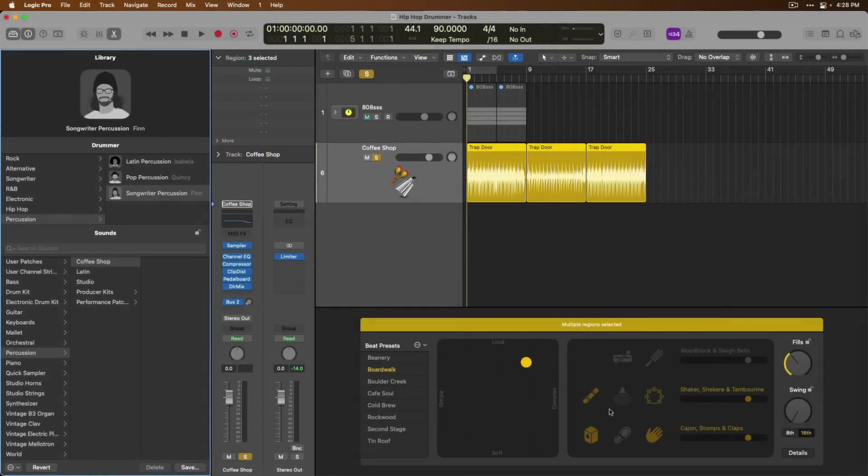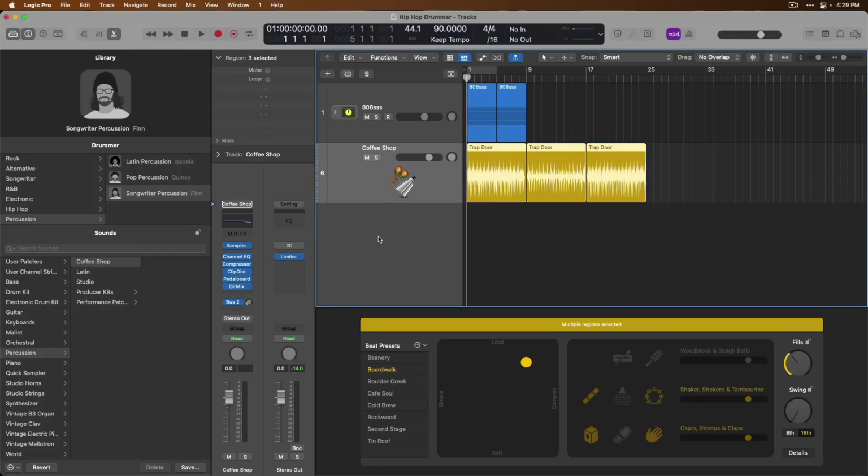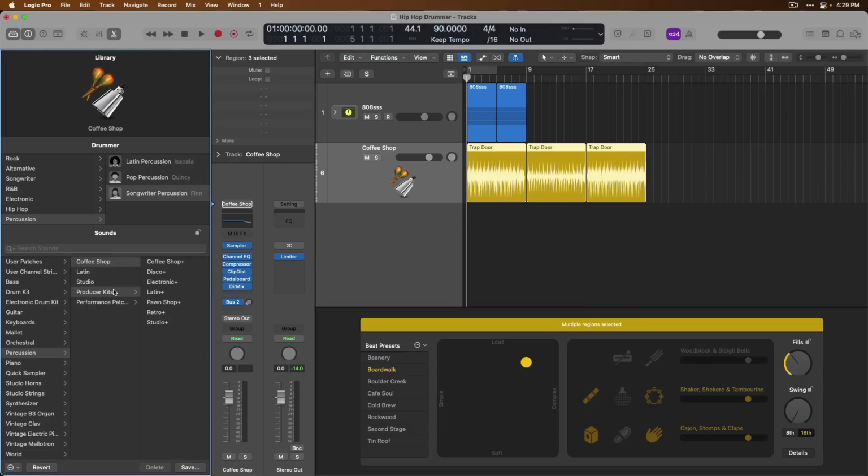And lastly, the question that I get all the time is sometimes you may see in videos drummer performances, but instead of a single track with a single instrument and plugins, you may see a drummer track stack with every single drum element laid out on its own track lane. Specifically with acoustic drum players, and to achieve that multi-track layout for those drum performers, you're going to look under the producer kits right down here. So we can see that Finn uses the Coffee Shop kit. If we click on the Coffee Shop Plus patch under the producer kits,